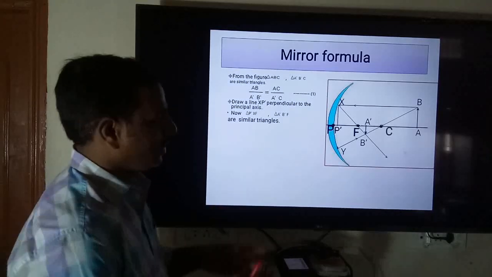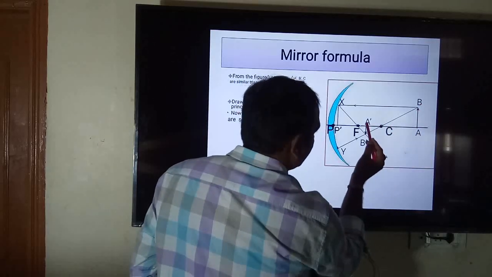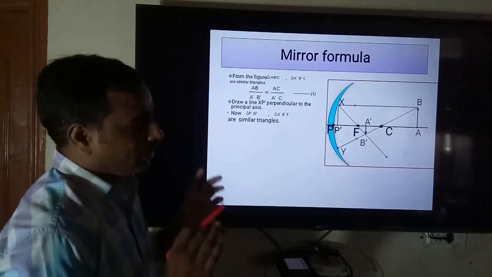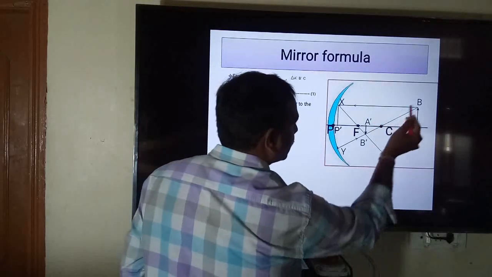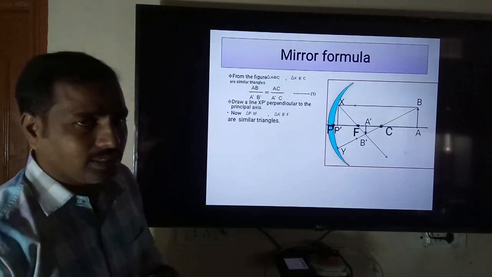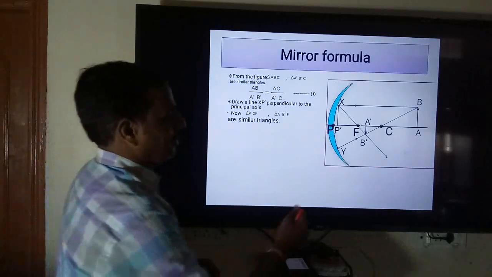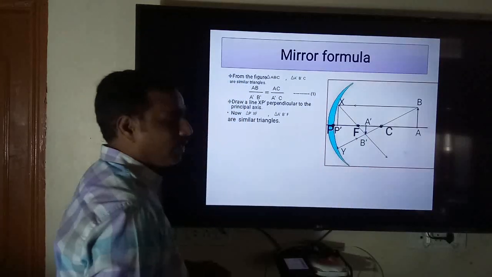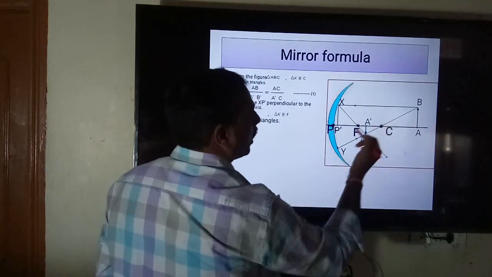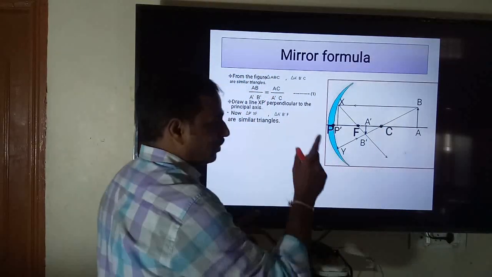Now see here, angle ACB equals angle A dash CB dash, I am saying. Why are these two equal? Because these two lines, B B dash and A A dash, are intersecting at C. If any two lines intersect at any point, they make four angles. Here this angle, this angle, this angle, these are vertically opposite angles. Here ACB and A dash CB dash are vertically opposite angles. Those are compulsorily equal. So this is one congruency of angles.